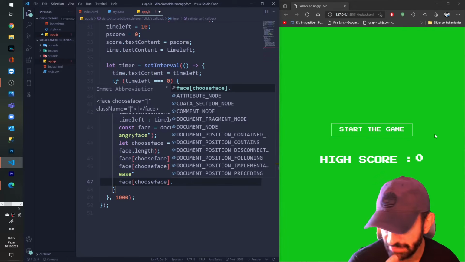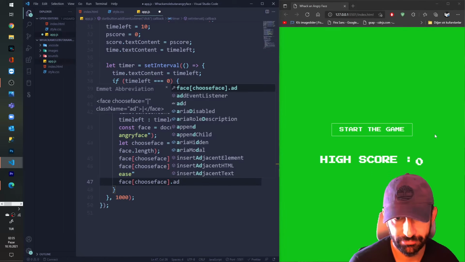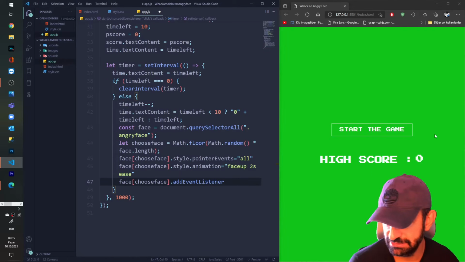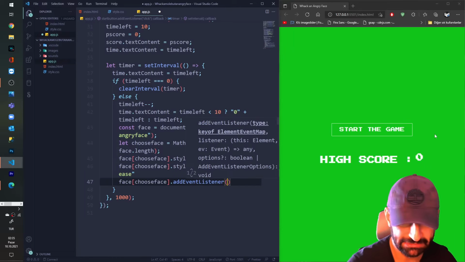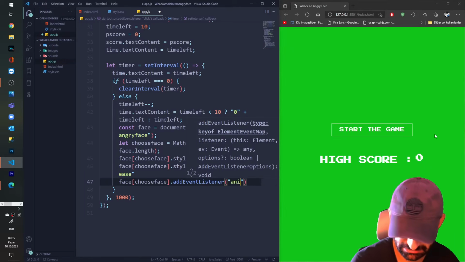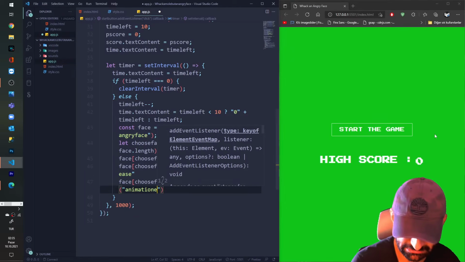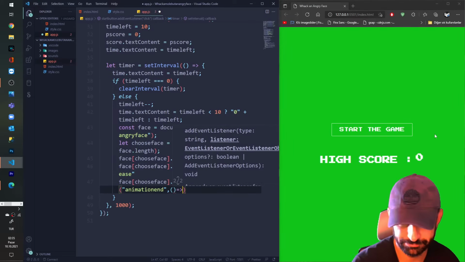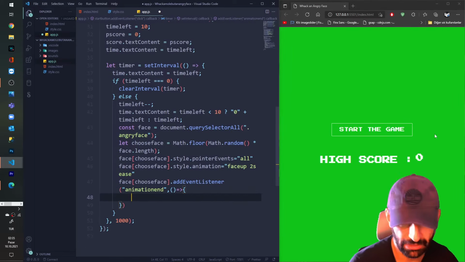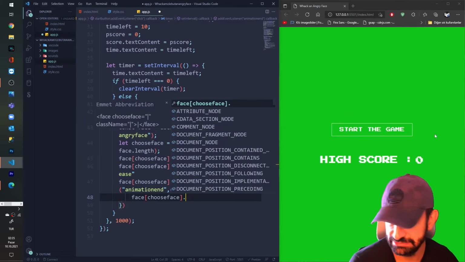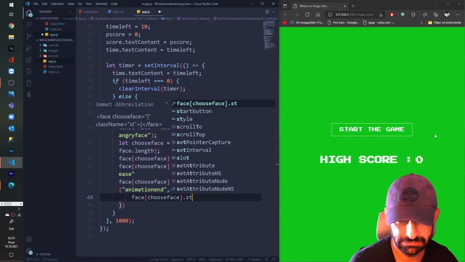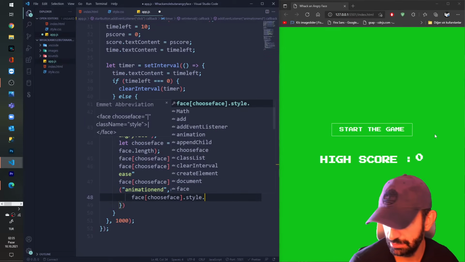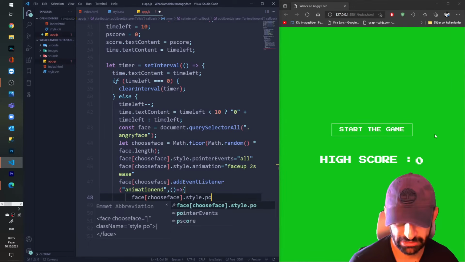And say add event listener, and as soon as the animation ends, animation end, I'm gonna make an arrow function to this. I say face dot style pointer events also none.